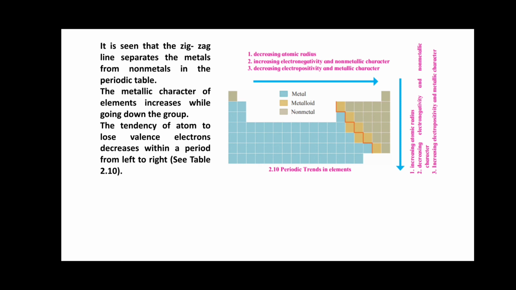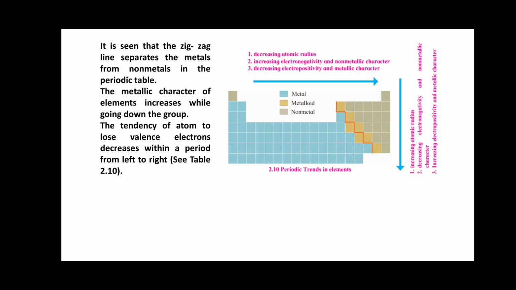Electrons in the inner cells lie in between the valence shell and the nucleus. Because of their presence, the effective nuclear charge exerting an attractive force on the valence electrons is somewhat less than the actual nuclear charge. Thus, the number of valence electrons in the metals is small, that is 1 to 3. Also, the effective nuclear charge exerting attractive force on the valence electrons is small.